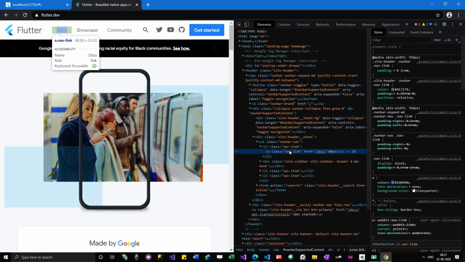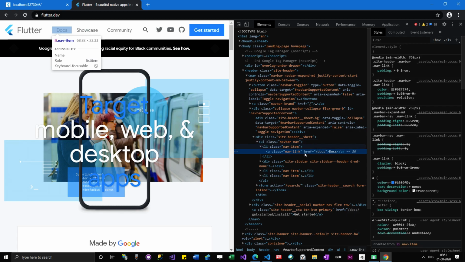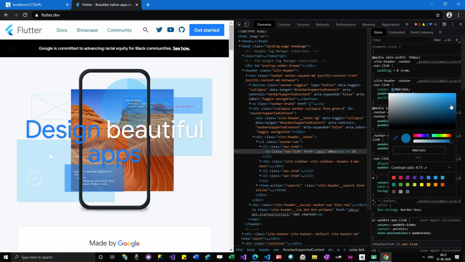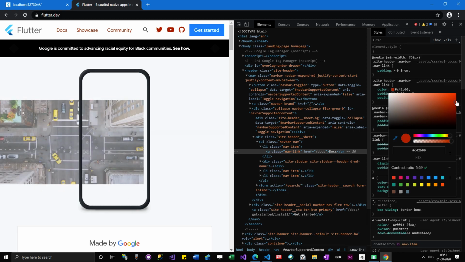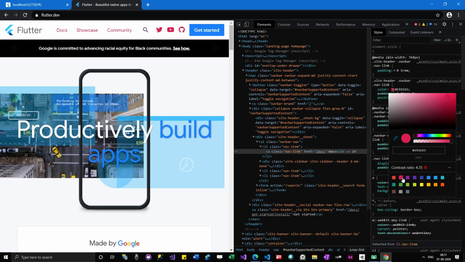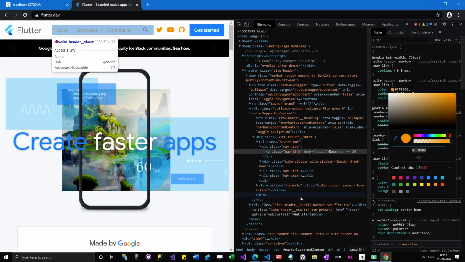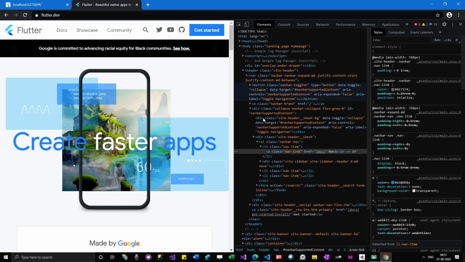Okay, these are the CSS terminologies, cascading style sheets. Navlink, I can go to the relevant classes over here, styles, and then I can change the color. You can see that the color is being changed. Okay, it has become red now. I can choose some standard colors. I can get the values of colors from here and use that in my apps also. So this is how we get the colors.